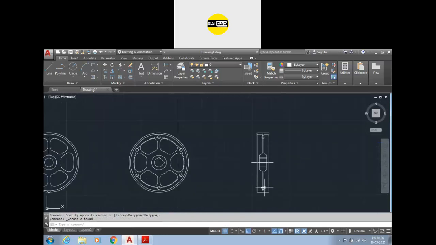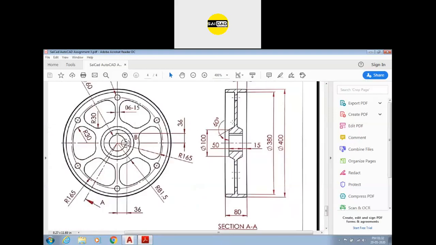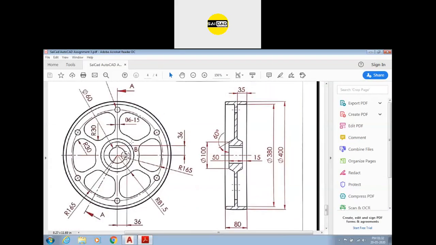Now this section is basically created from the center to center up to here. Okay, this is the section of this view, this line up here. You can see we have the circle intersecting here, the circle intersecting here. But in the drawing, you will see there is no circle, there is something bigger here. So if you go to the center line, see the center line comes here and bend at an angle up to here. Okay, so these 2 lines are basically the projection of these 2 circles, these 2 arcs.